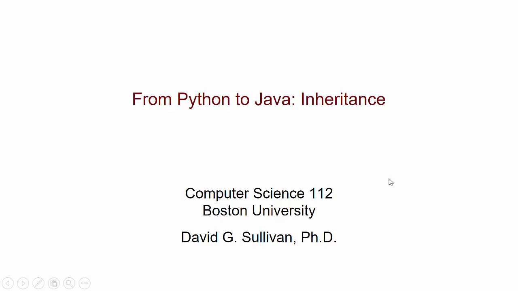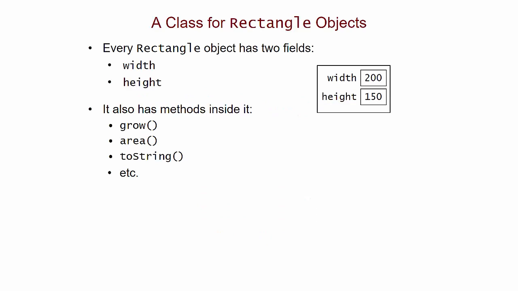In this video, we're going to see how inheritance in Java compares to inheritance in Python, and more generally, how we can use inheritance to base one class off of another. So if you remember, in a previous video, we looked at how to create a class for rectangle objects. And every rectangle object looks something like this. It had a field for the width of the rectangle and a field for the height of the rectangle. And then we also put methods inside it for growing the rectangle, finding its area, and for giving us a